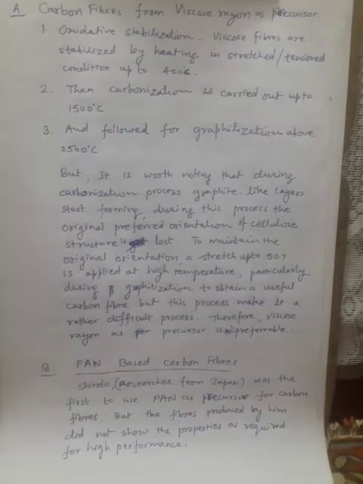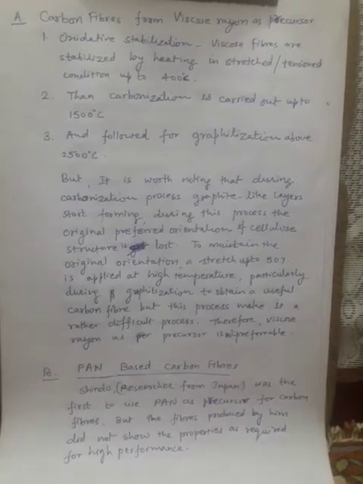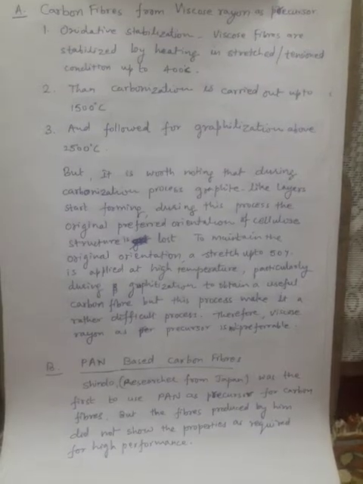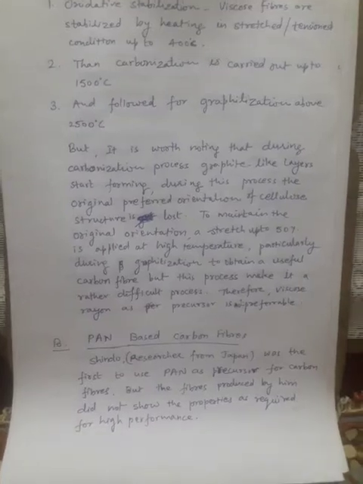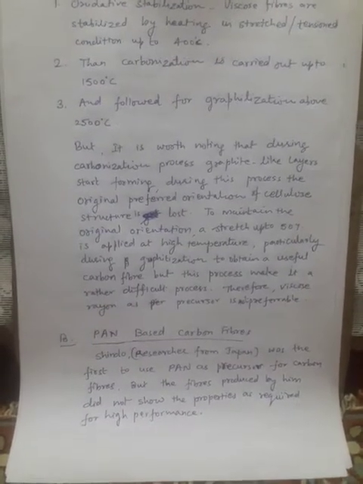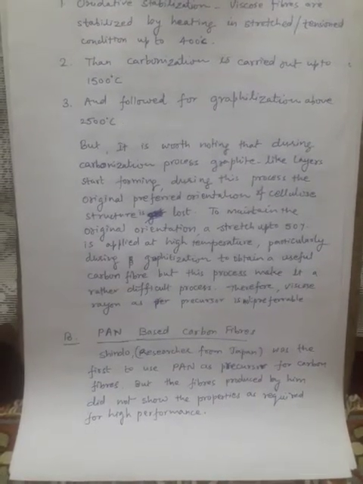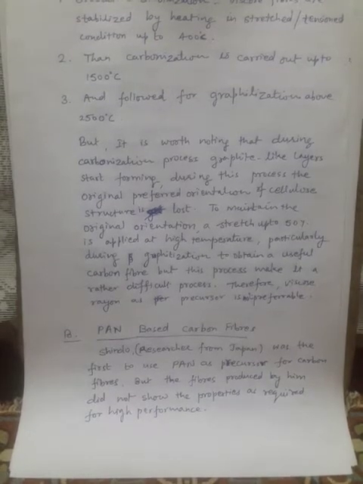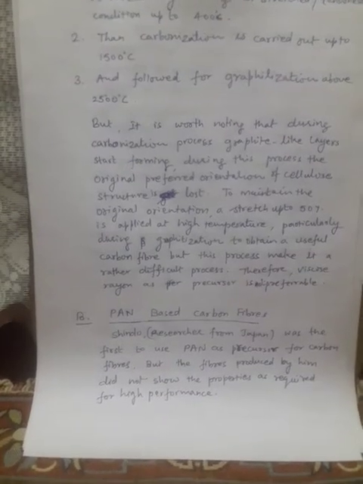Oxidative stabilization is carried out at 200 to 300, or sometimes more than 300 degrees centigrade, and viscose rayon fibers in the presence of air or oxygen get stabilized, heated and finally oxidized. The oxidized fibers go for carbonization, which is heated from above 1000 degrees centigrade to 1500 degrees centigrade, and this process is carried out in tension, because it is worth noting that at the time of heating